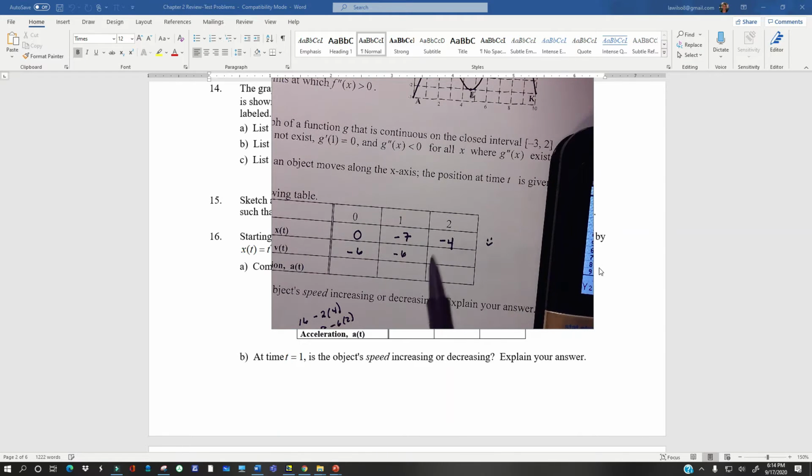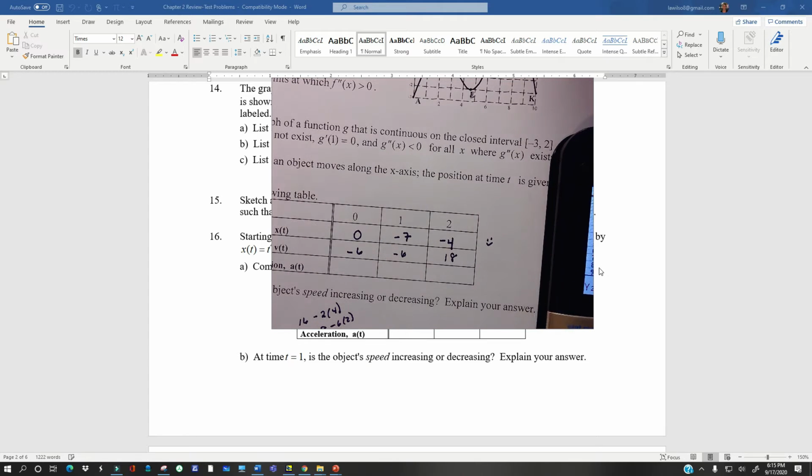So I'm just using the table feature on my calculator to get these numbers. You don't have a choice because you don't know how to take the derivatives yet and plug the numbers in at this point. I mean, you do, but you're in chapter 2, so technically you're not allowed to use them. So the easiest thing to do would be to use the table on your calculator if this is a calculator problem. And then for acceleration,